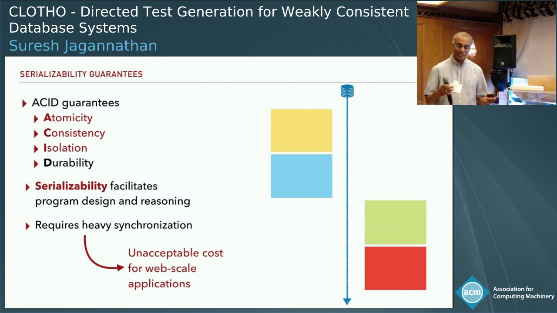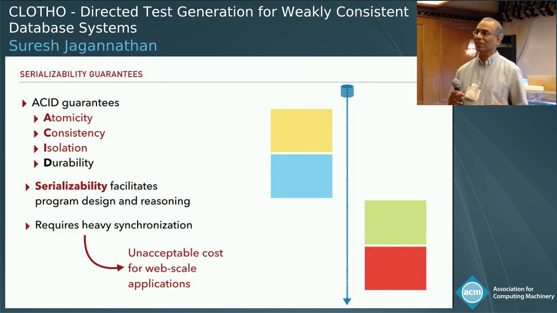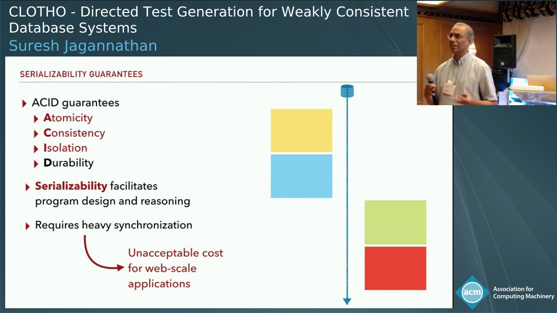But as we scale up, as we wish to scale up, these costs become prohibitive. And so we essentially have to discount them and try looking at something else. And so we come up with a dichotomy. We want to be able to think simply, serializability gives us that, but we want to be able to get efficiency, and implementations will not admit serializability in pursuit of efficiency and scalability.